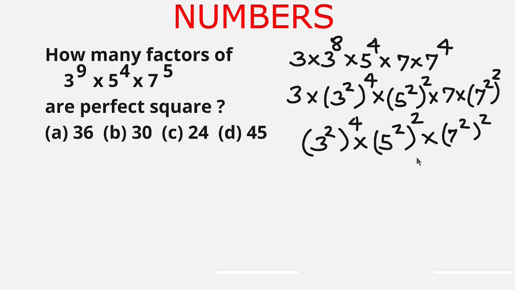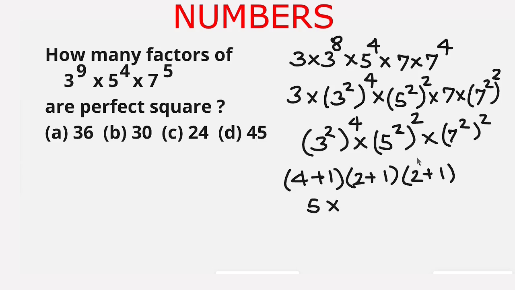Now we add 1 to each power of these quantities. The 3 to the power 2 has power 4. So we add 1 to this 4, and this is 4 plus 1, into 5 to the power 2 has power 2. So we write 2 plus 1, and 7 to the power 2 has power 2. So we again write 2 plus 1, and this is equal to 4 plus 1 is 5, multiplied by 2 plus 1 is 3, multiplied by 2 plus 1 is 3,